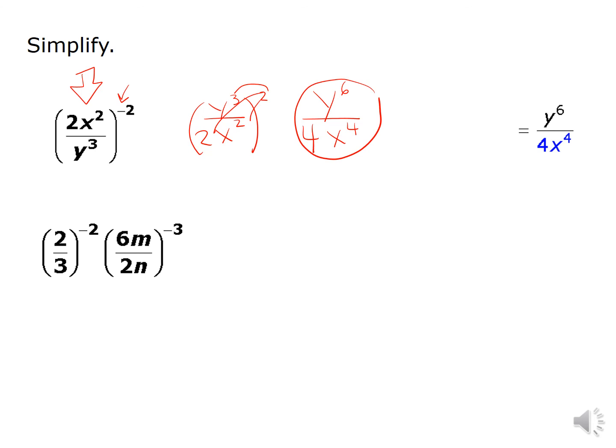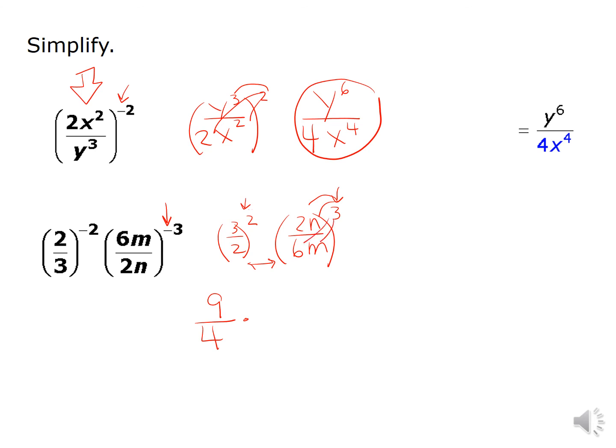Okay, the next one, I'm flipping both parts. So I get 3 over 2 squared. The flip it sign has done its job, so it's gone. Again, 2n over 6m cubed, because I had a flip it sign. So I flipped everything inside. Do not move between these until you have done the exponents. Exponents first. So this becomes 3 squared is 9 over 2 squared is 4 times, don't forget to distribute it